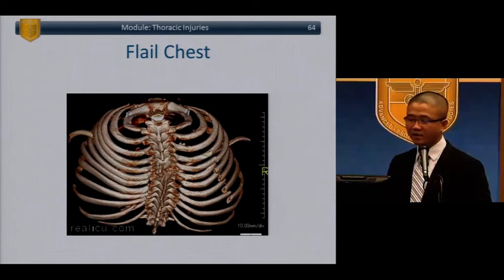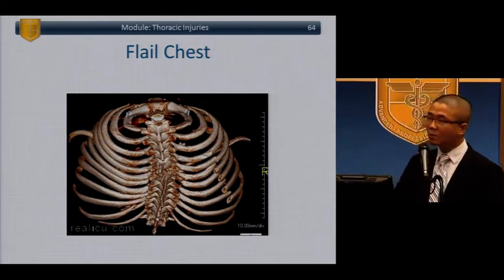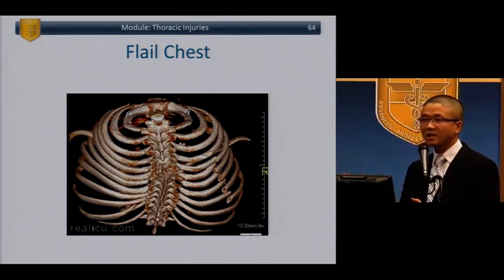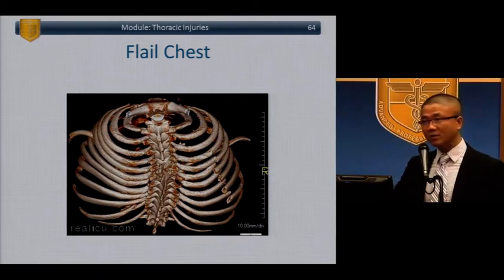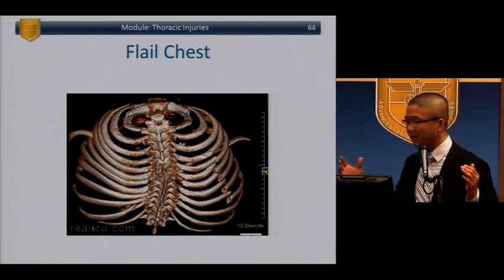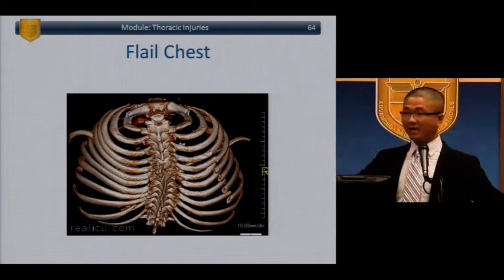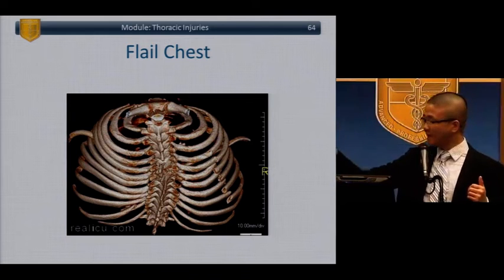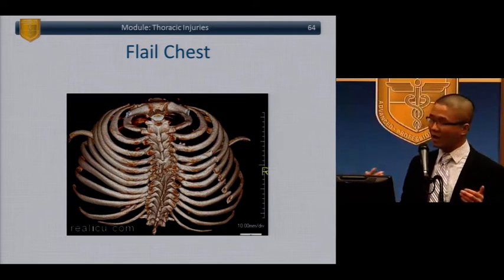All right, flail chest, right? Multiple rib fractures in multiple segments, and each rib fracture makes your chest unstable, and then you get this paradoxical motion. When we take a nice deep breath, when we inspire, our chest wall comes out, right? But in paradoxical motion, that component that is detached actually depresses, which is obviously not good for